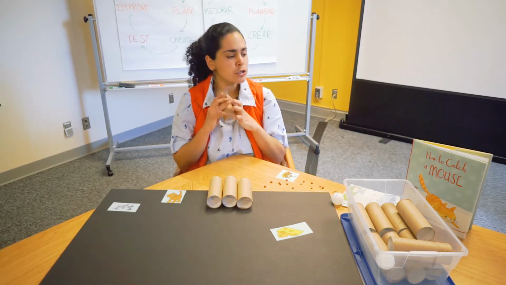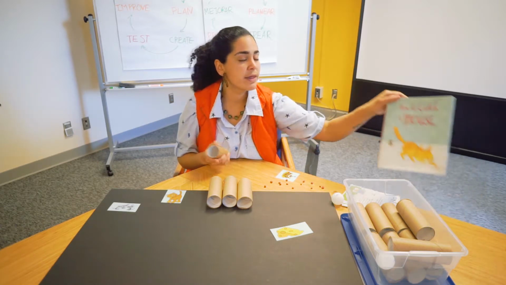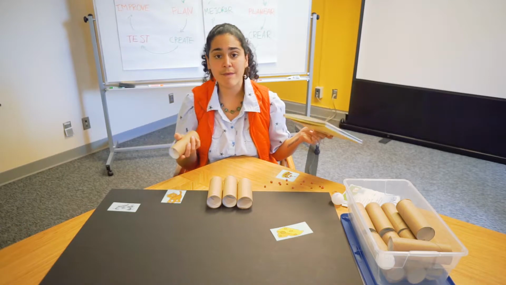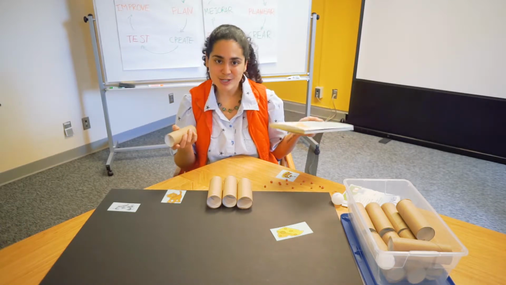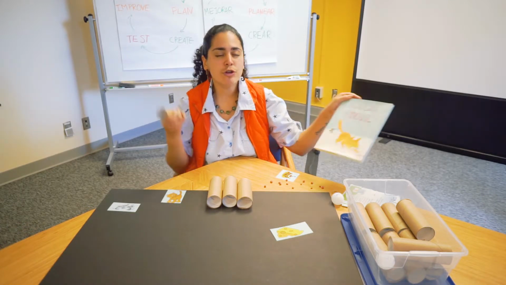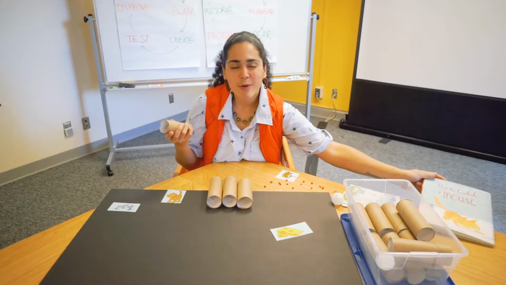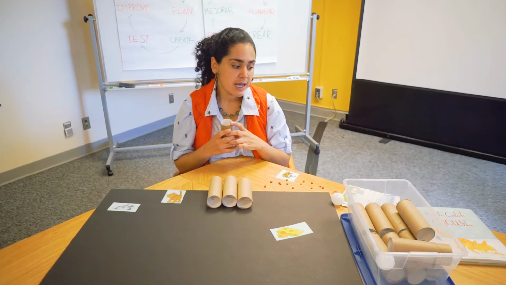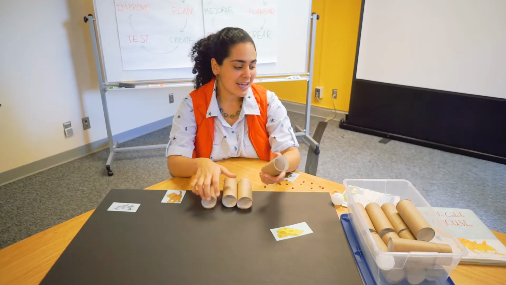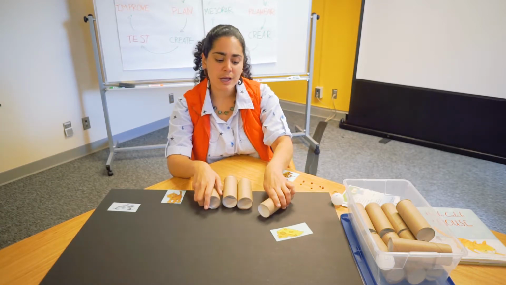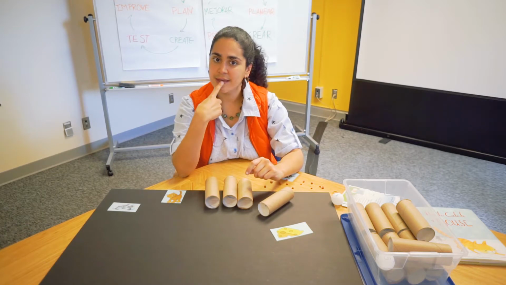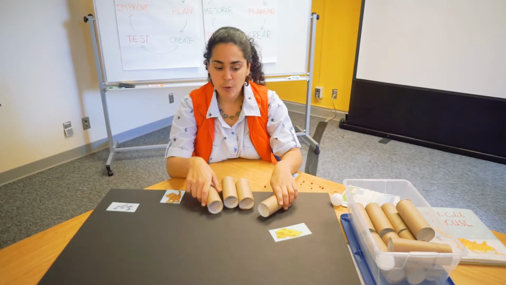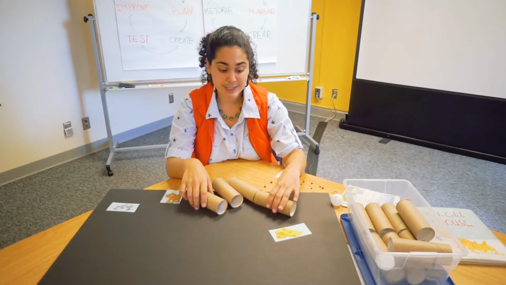Y otra cosa que tenemos con esta actividad, que es opcional. Another thing that we have with this activity, optional, is a book. You can use your imagination to create stories. Puedes usar tu imaginación para crear las historias. Y lo importante es, the important thing is to ask questions. Like, what was the mouse doing? Do you think that there's a better way to get there? Okay, so now I'm going to show you how the activity is done.